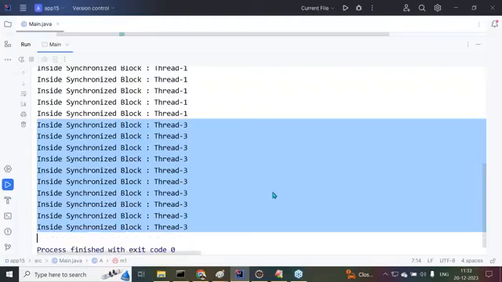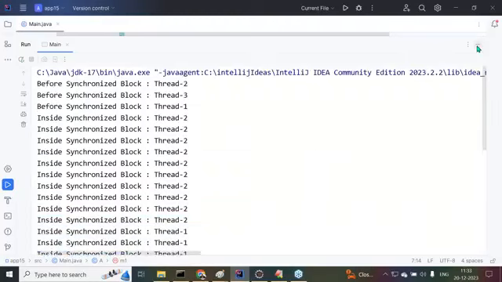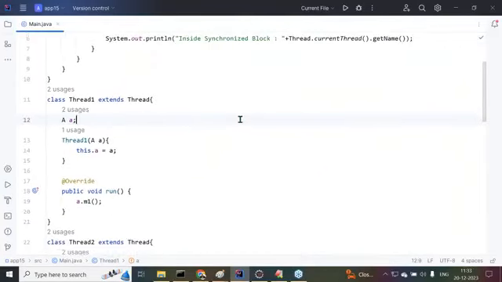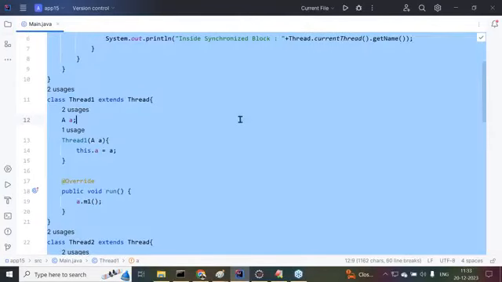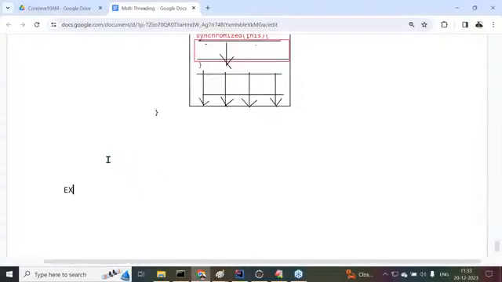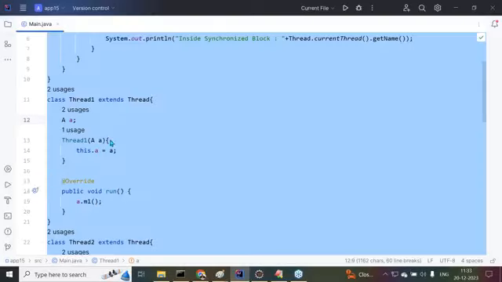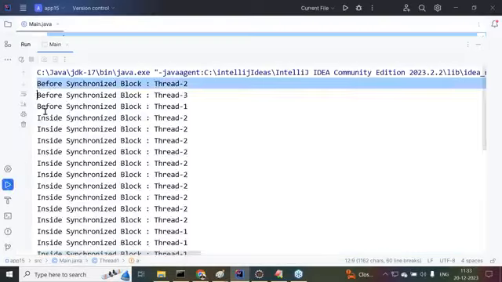Yes, sir, got it or not? Right, so this is the output we are getting here. Let me copy this program here. After that, I want to show another version of the output. If I execute one more time, the output will vary, but it will still be synchronized block output only. I will show that one also. In our systems, we may get that output. All right, so now let me copy this program output here at present.